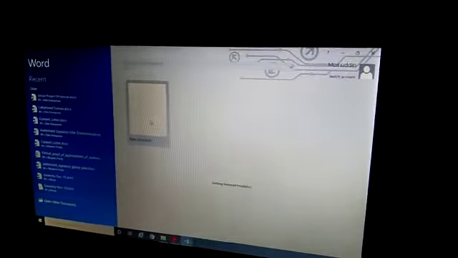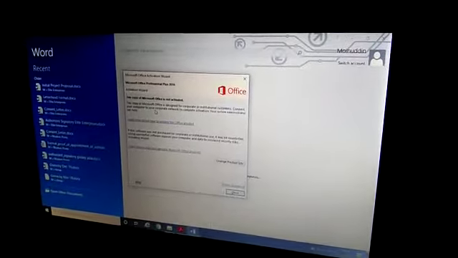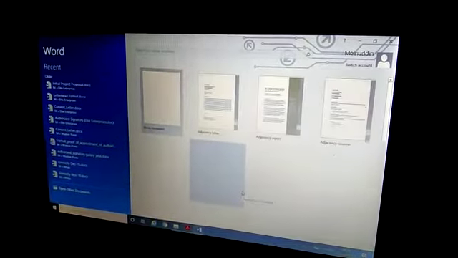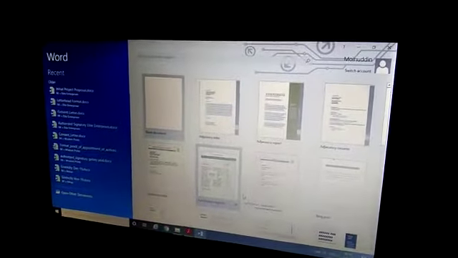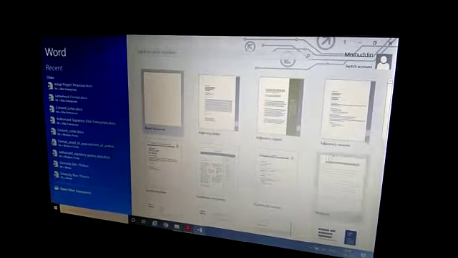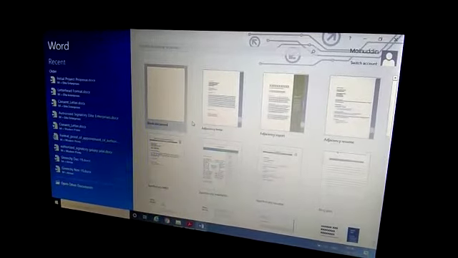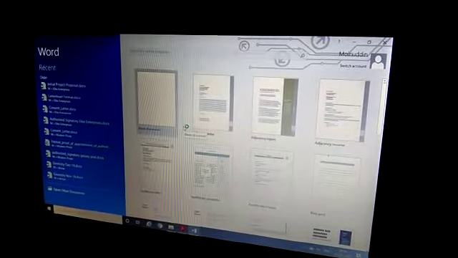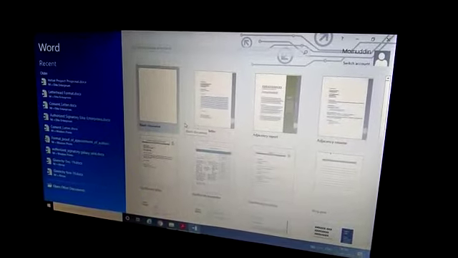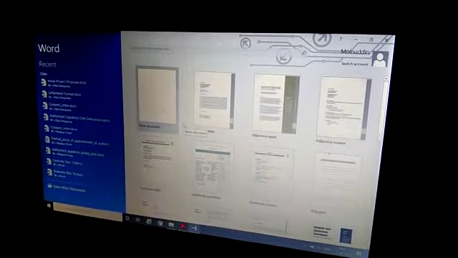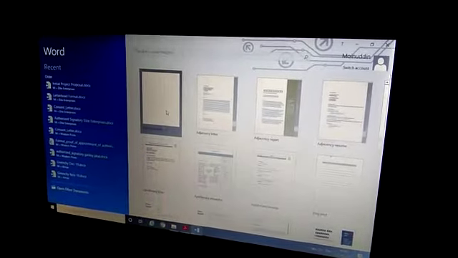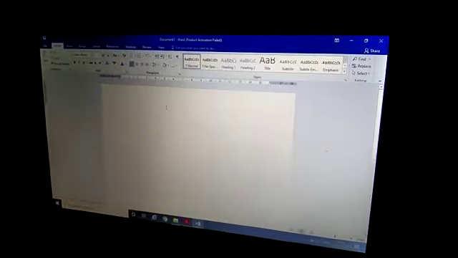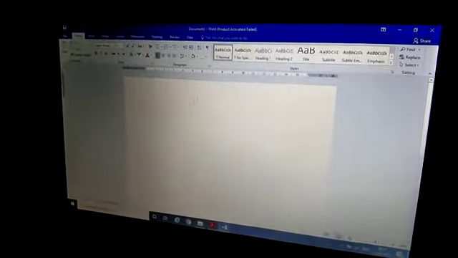See, this is the outlook of my Word file. This dialog box should be closed whenever it opens. Now we have to choose blank document. Here different theme-wise documents are there, but in 2010 and 2016 we have to choose the blank document, and in 2007 it will directly open a blank document page. So I have chosen the blank document. This is the look of my Word file.